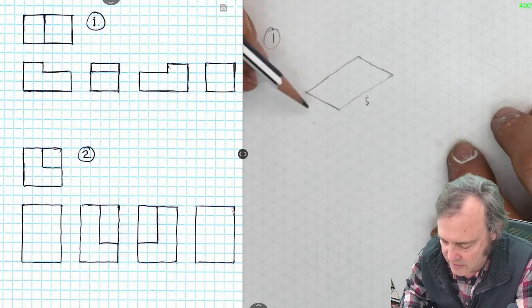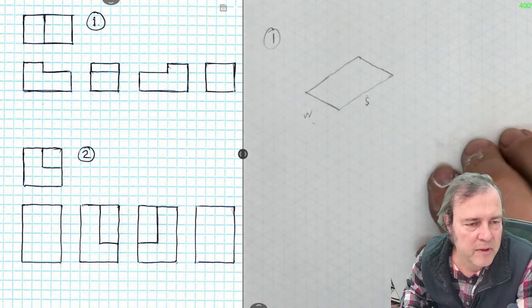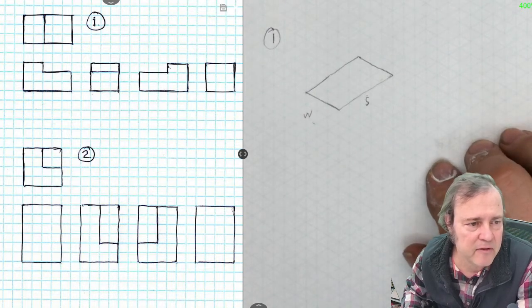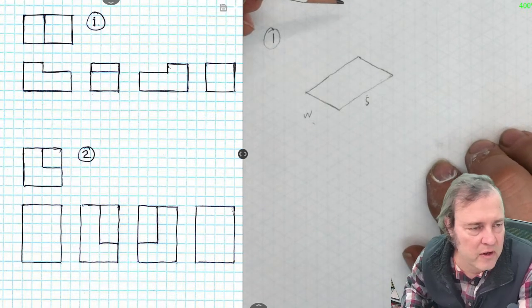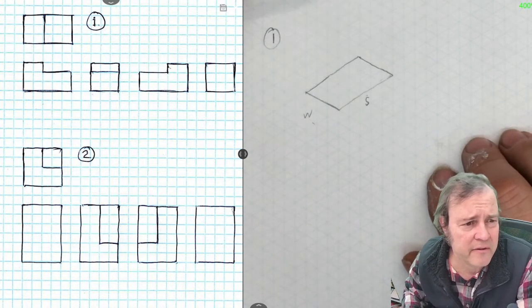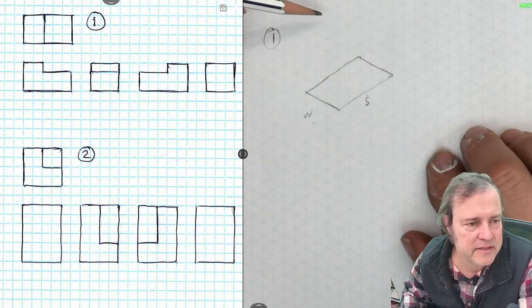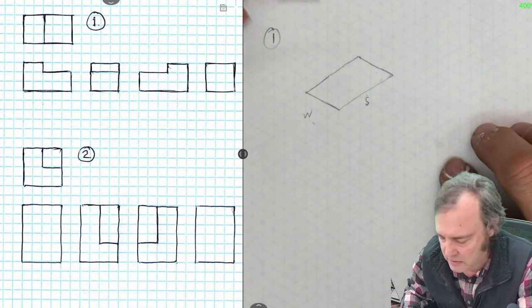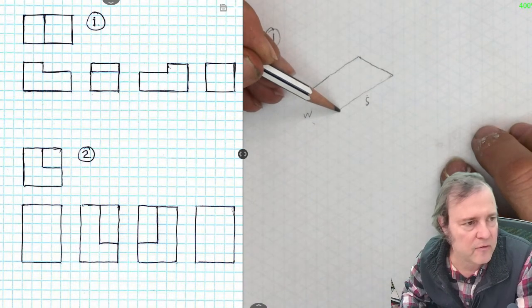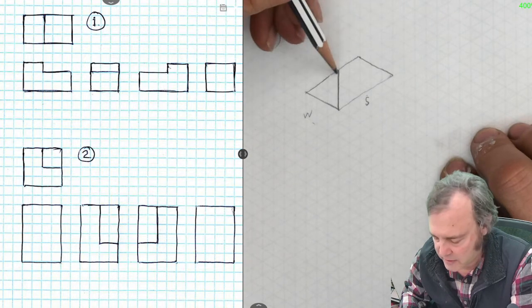And if this is south, this would be west. It might be helpful for you to label them if you get confused. And then we're going to just draw the walls based on where we know they are sitting. So if this drawing here on the left is my south wall, I'm going to go straight up 3, upright 2,